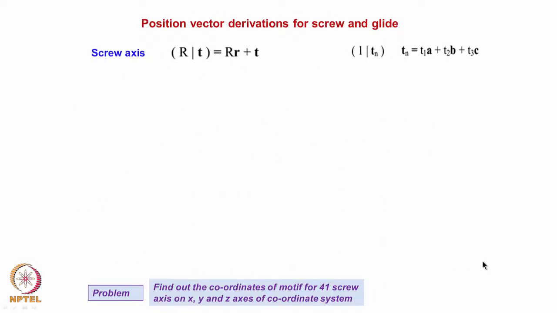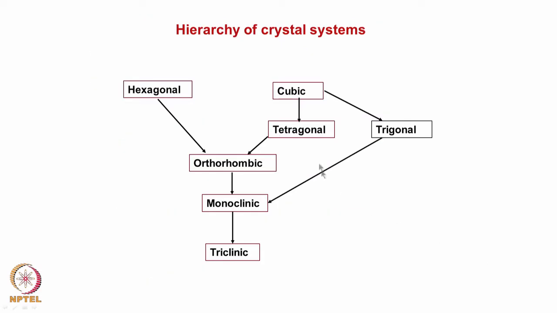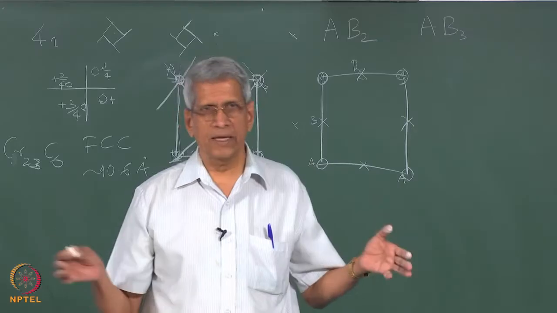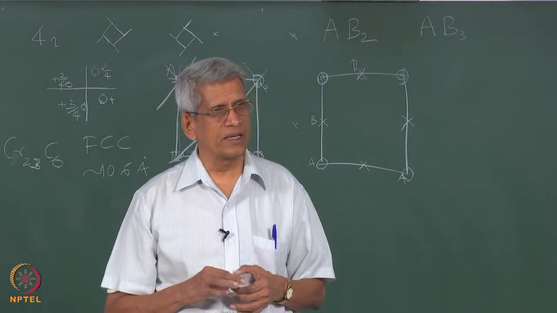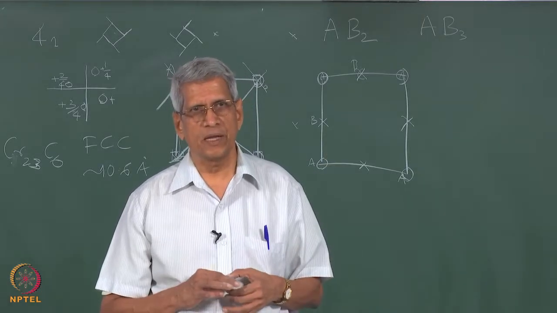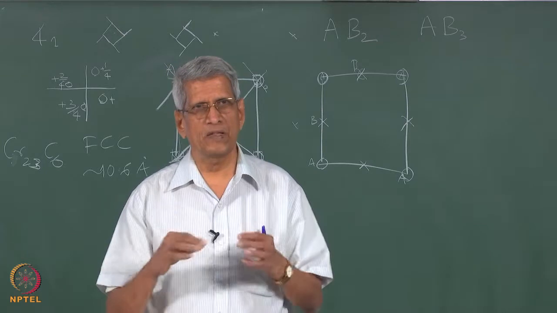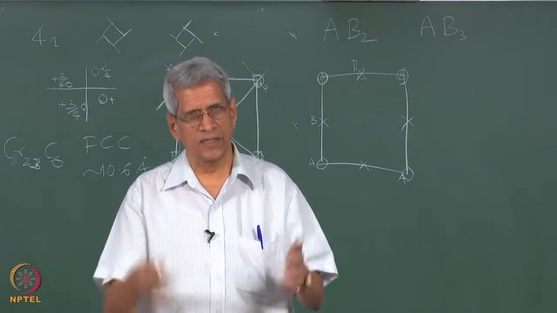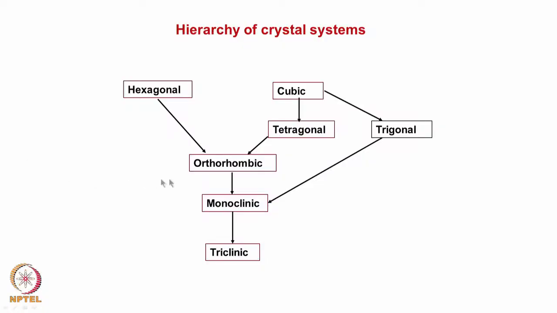This anyway you can see here. One more thing I wanted to show is the hierarchy of crystal structures. Normally metals form with either hexagonal or cubic, correct? Most of the metals do. Then when a phase transformation takes place in a cubic lattice by replacing an atom position in the hexagon by an atom of another type, it can go only to orthorhombic or monoclinic or triclinic. From cubic it is to tetragonal or orthorhombic or monoclinic, or cubic to trigonal. If it forms trigonal, from trigonal it can only go to monoclinic.